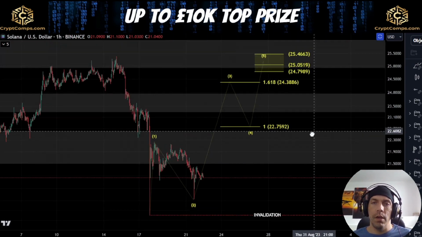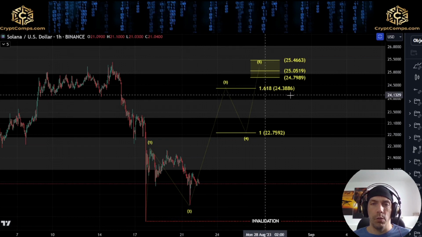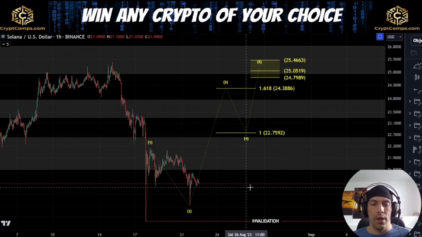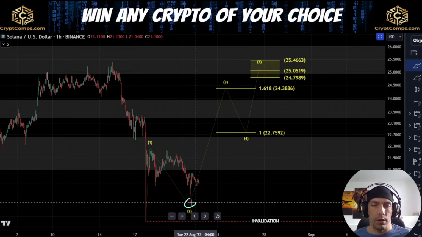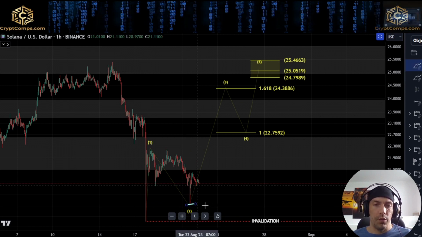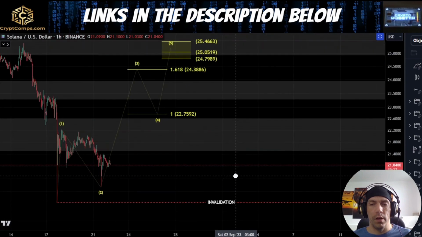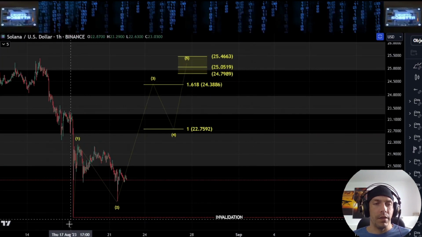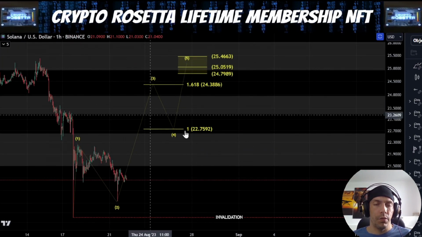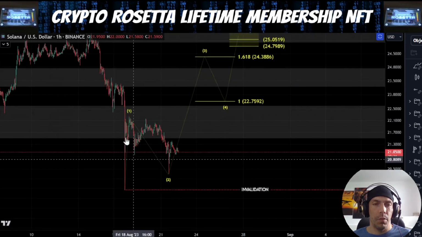Or alternatively, if we do look for this breakout potential, we'd have to cross this 2438 to confirm this idea of breaking out from this low. This would have to protect this zone. If we do push down lower, this would remain alive as long as we hold this 1985. But like I said, this is not the highest probability of moves to play out here, but there is potential